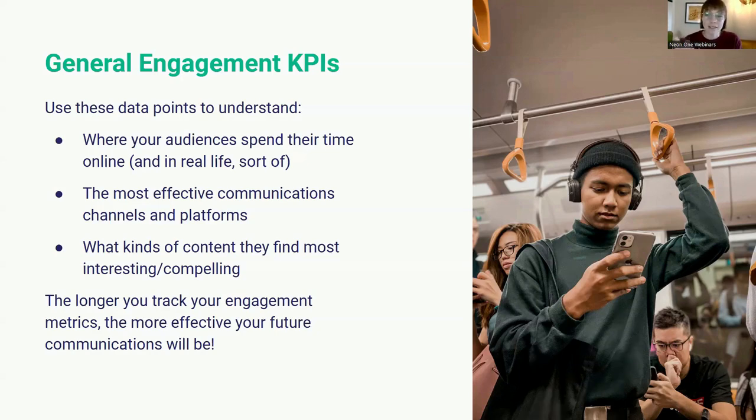Once you have all of this data, this can also impact your fundraising plans, because this information gives you a window into where your people are spending their time and how you can reach them. And it can even give you insight into the kinds of stories and information that your community likes. So if your story about children's programming consistently gets a lot more engagement on social media than updates about your capital campaign, you can try sharing posts about how your new facility, for which you're raising money in the capital campaign, will impact the kids in your community.